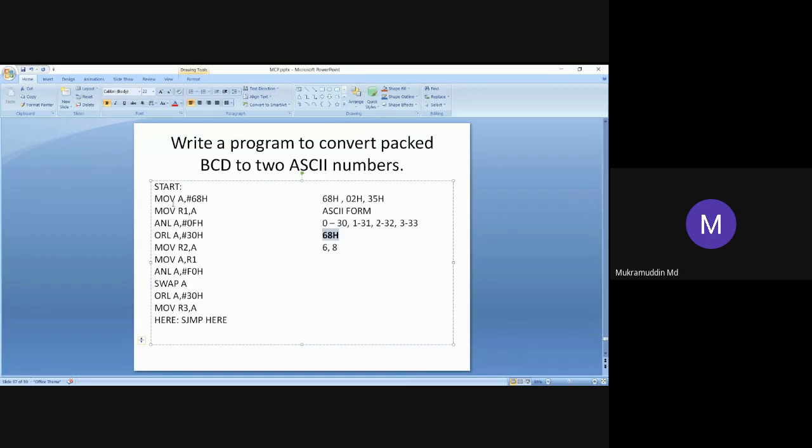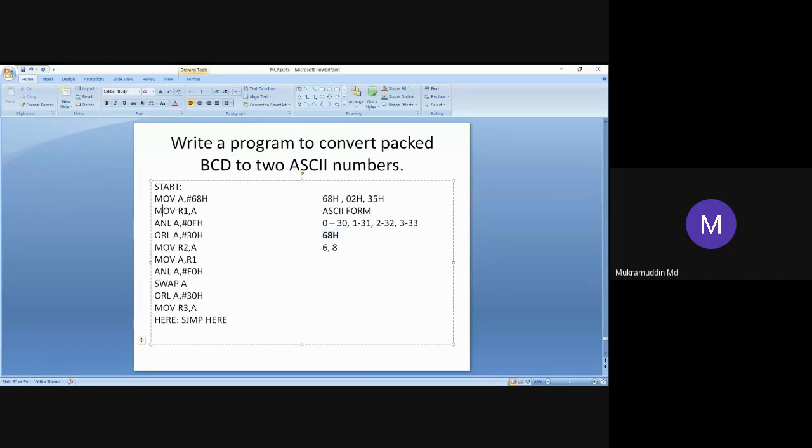So first we have copied 68 in A register. Now the value of A register is continuously changing, so we are copying the value of 68 into R1 register. If the value in A changes, we can copy from R1. Now the 68 is there in R1 and the 68 is there in A register.